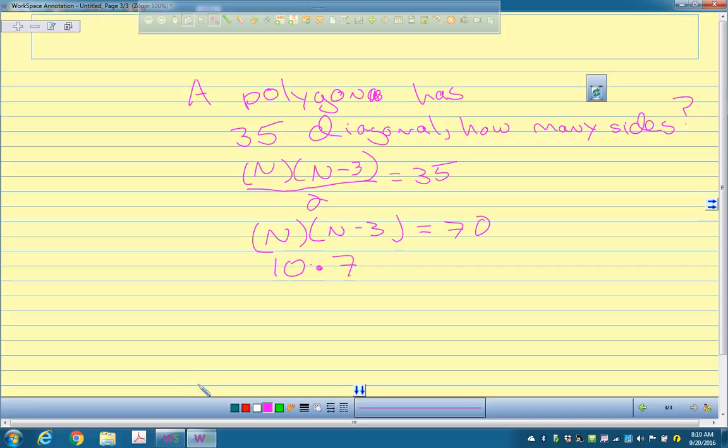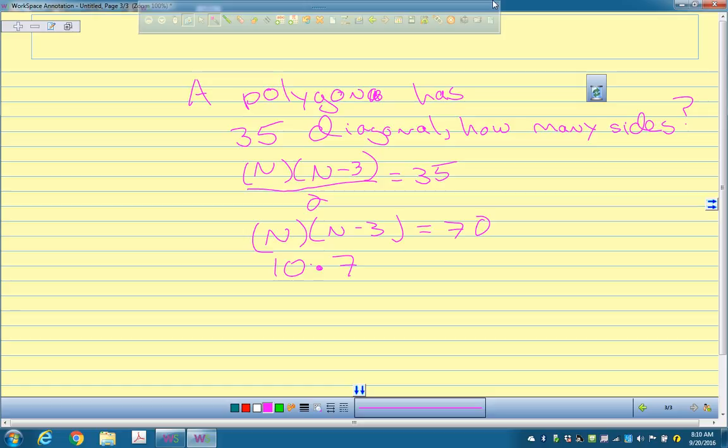So really, in this homework, there's a couple other ones that are a little different, but most of these are just applying those two formulas. It's either n times n minus 1 divided by 2, or n times n minus 3 divided by 2. And this is what they call mathematical modeling, because you can model a lot of real life things with geometric shapes. And then tomorrow we start, it gets more into